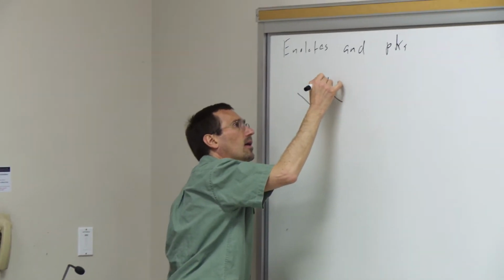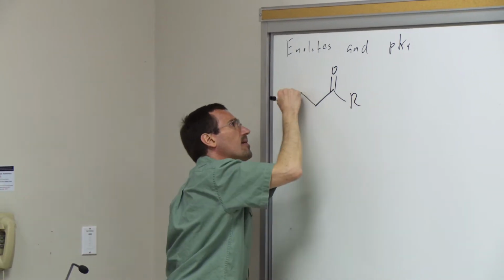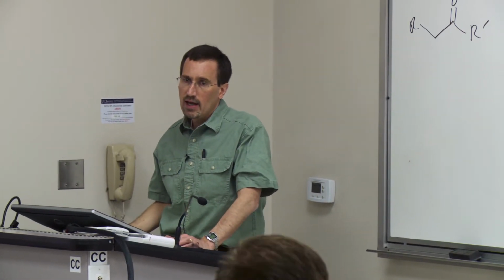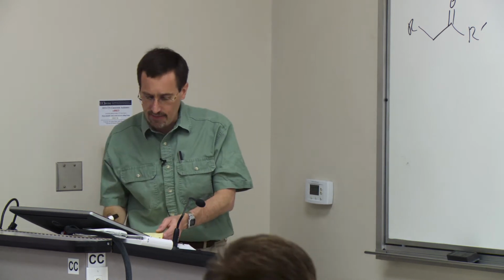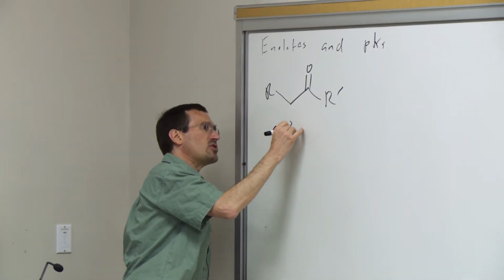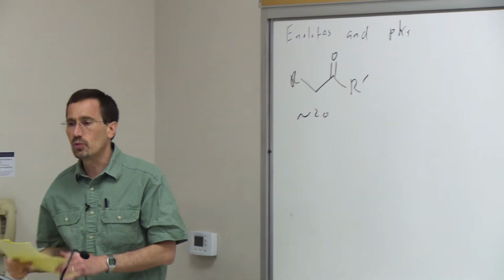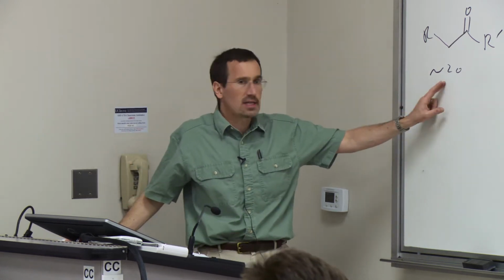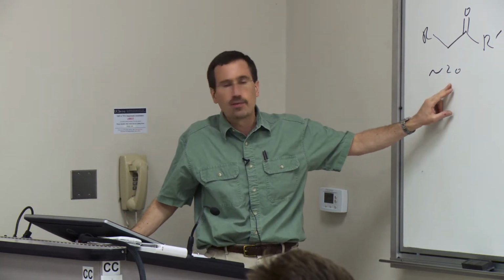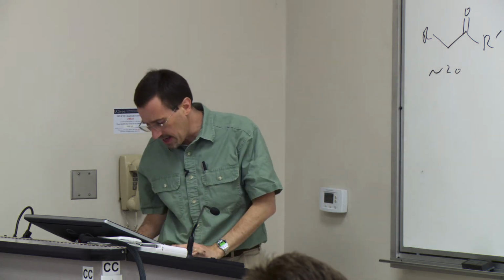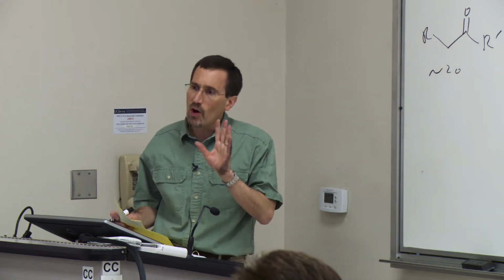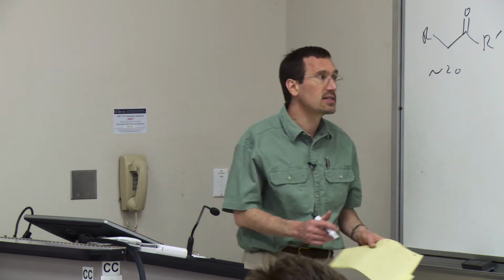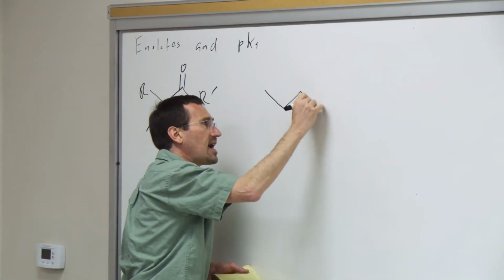So if we have some generic ketone or aldehyde, and I want to keep one pKa in my head, I would keep for the hydrogens alpha to the carbonyl about 20. Now the truth is there are slight variations. Aldehydes are a little bit more acidic. The pKa is a little lower for the alpha position. A phenyl group may make you slightly more acidic. But the main point, if I want to keep one number in my head, for the ketone aldehyde family for enolates, it's about 20. For the ester family, the